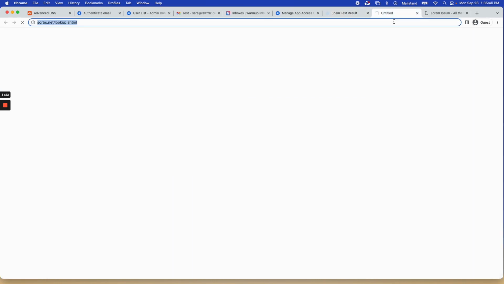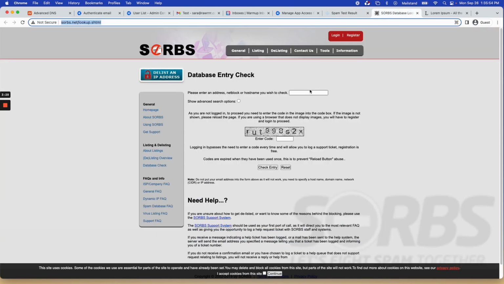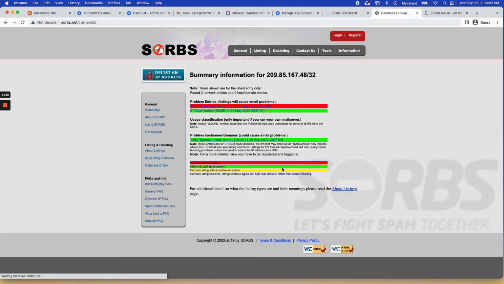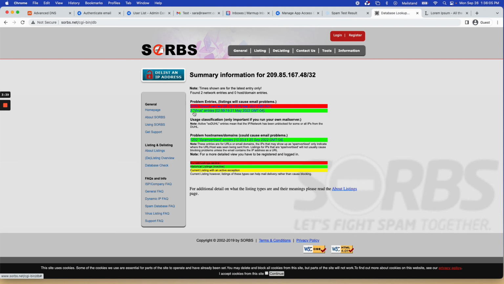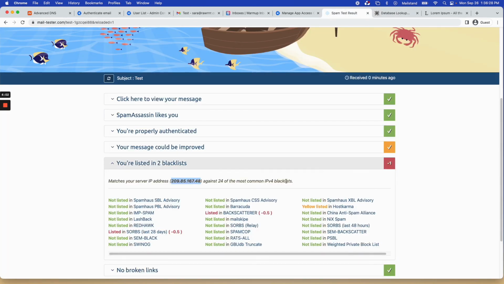So for example, you can do a Sorbs lookup and see. You enter the IP address that you want to look at, you punch it in, and you check your entry. You can see there are 2 virus entries that are now green listed, which means it's okay. But look, about 2,800 entries have been flagged on this, right? Some are as recent as yesterday, but we haven't sent any emails. So what we have to do is go through the delisting process for this, and the same thing with